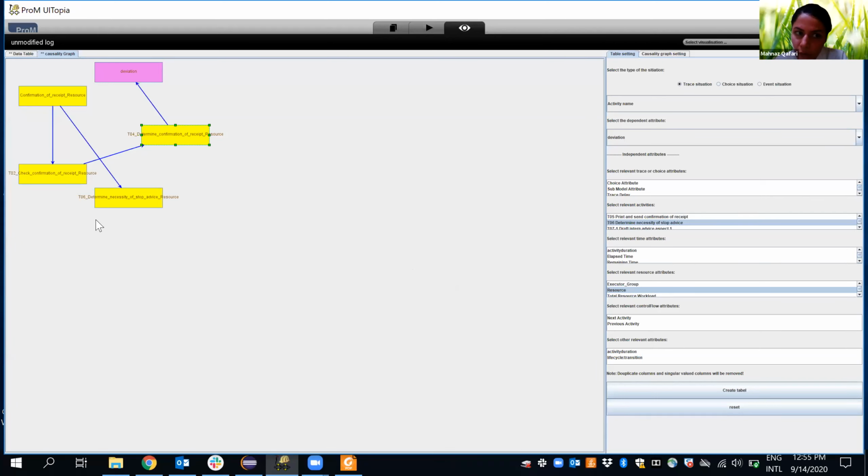For the input, as you can see, we use the event log and Petri net plus the conformance checking result. That's one part that the user needs to do something. The other thing is that the user is responsible for choosing the set of attributes that has a causal effect, or maybe some bigger superset of the set of attributes that has a causal effect